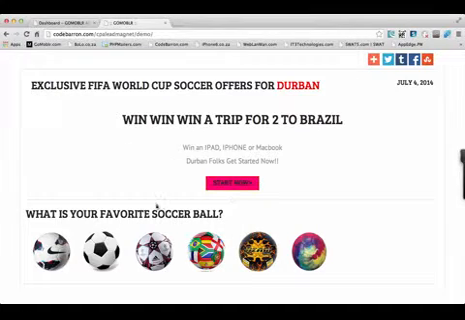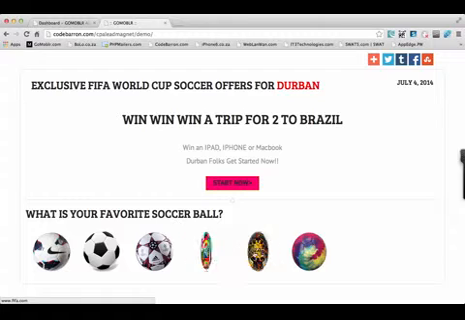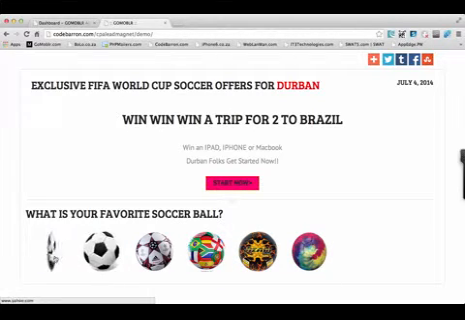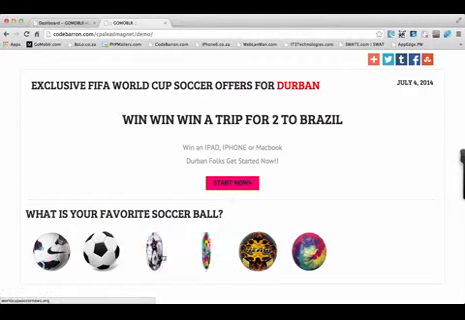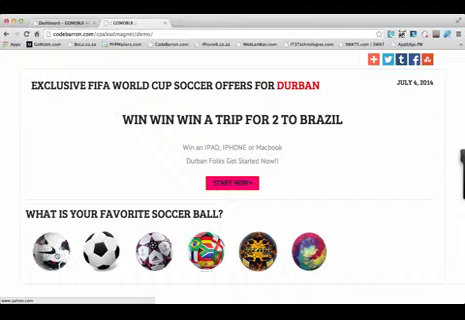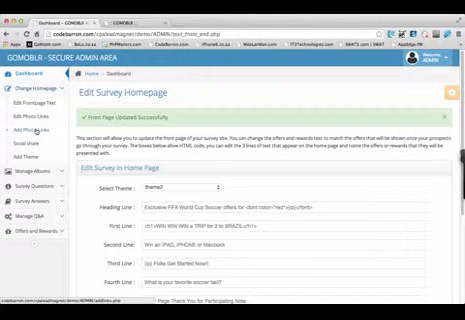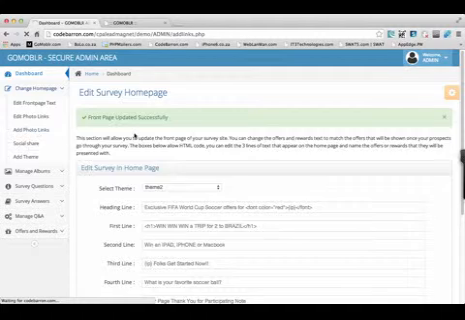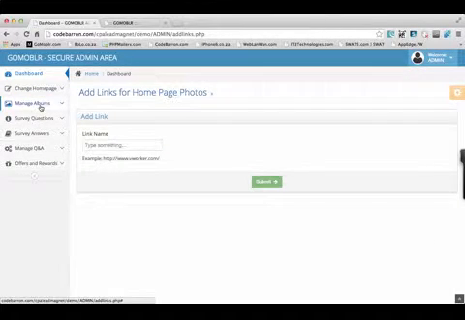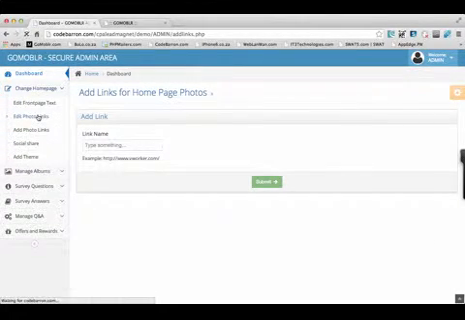So to do that, you can either have something fun at the bottom here. What is your favorite soccer ball? And as you can see, as I'm hovering over these different soccer balls, you can see in the bottom left-hand corner the link is changing. That's another cool feature of this platform, in that you can change your photo links. Okay, you can add photo links and you can edit your photo links. What that does is allows you to basically